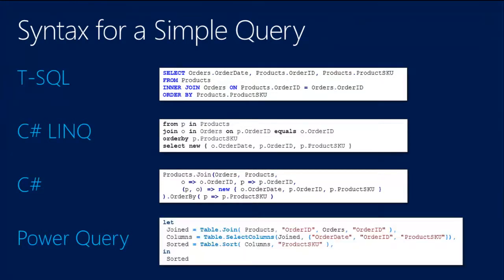So now comparing Power Query, which is going to do the same thing as the other two examples, you can see here we have a slightly different syntax. We have this let and this in, and in between we have a series of steps. And the order that we're doing in these steps, we are going to select the source, then we choose the columns, and then we choose how to sort. And